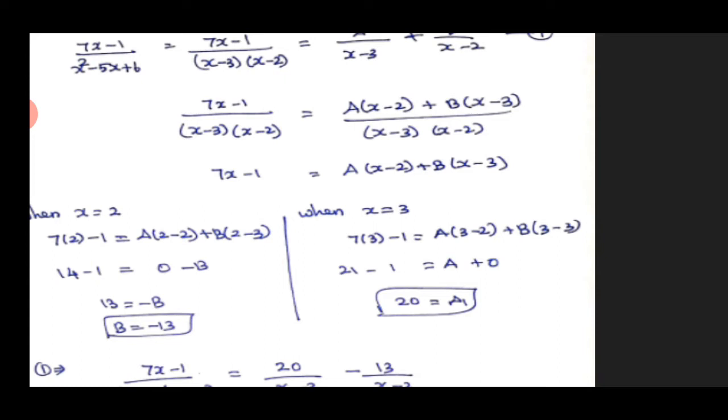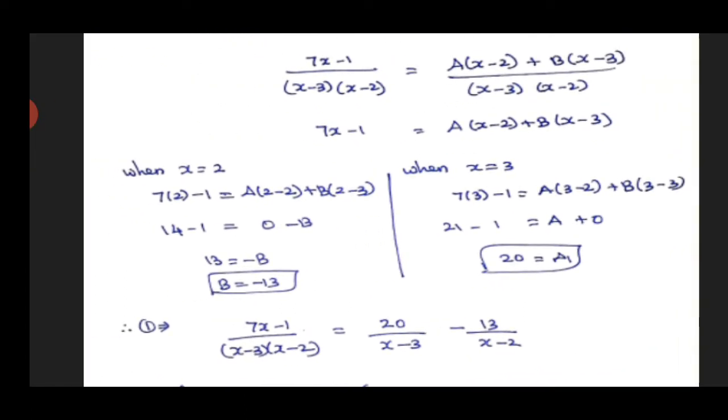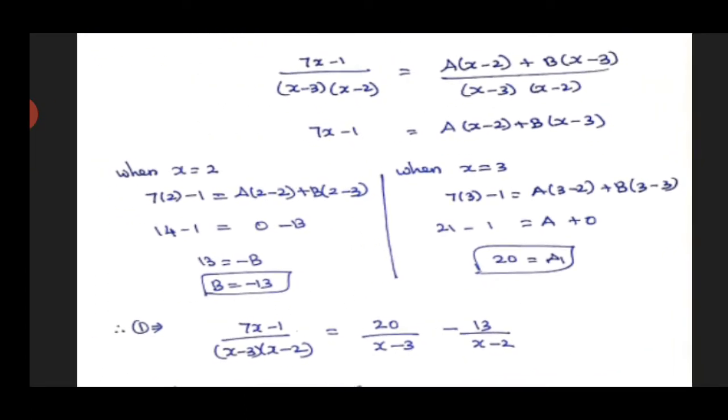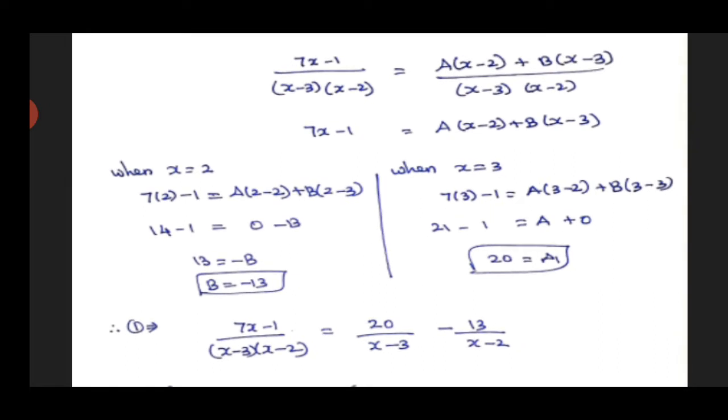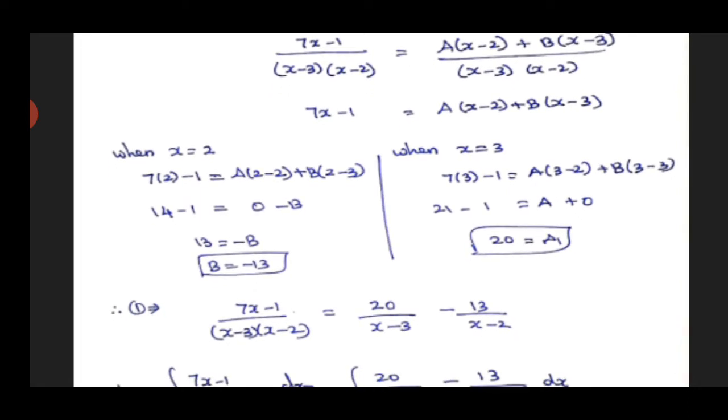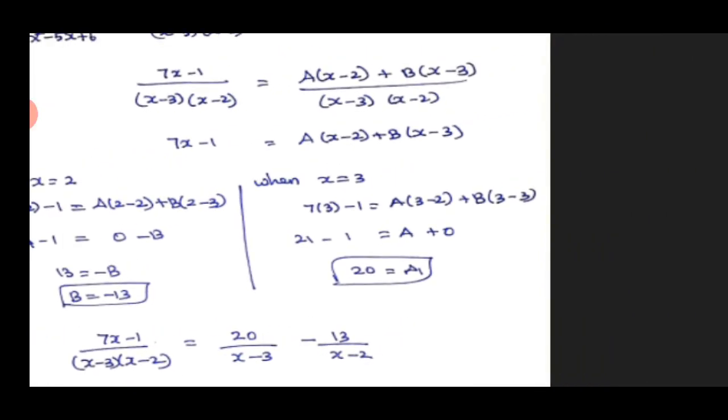So you assign different values. So a into (x minus 2). How can you make the (x minus 2) bracket 0? You can put x equal to 2 so that the bracket will become 0. So now first case, when x equal to 2. When you apply 2, you have to apply on both sides. So 7 into 2 minus 1 equal to a into (2 minus 2) plus b into (2 minus 3). So 7 into 2 is 14 minus 1. So a into (2 minus 2) is 0, 0 into a is 0. 2 minus 3 is minus 1, minus 1 into b is minus b. So 13 equal to minus b. So b equal to minus 13. Like that. So now we have to find the a value.